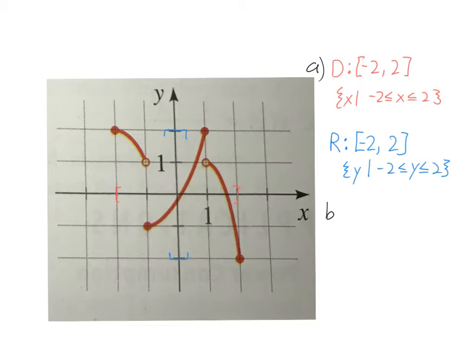Now for B. B says, find the intervals on which f is increasing and when f is decreasing. So if I look here, it starts off decreasing from here to here, and then it's increasing from here to here. And when we talk about increasing or decreasing, we talk about at what x values does it increase or decrease. So if I want to do increasing first,